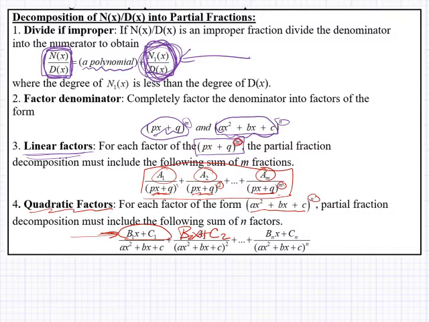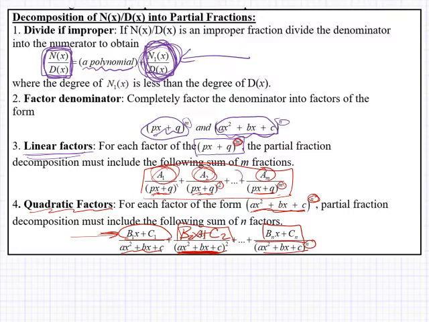And similar to the linears, if that quadratic is raised to a power, we would have to have one denominator be that quadratic to the first, then to the second, to the third, to the fourth, up to whatever the highest power is. But still, since it's a quadratic factor in itself, the numerator continues to keep the same form of bx plus c. But they would be different b's and c's in each case,